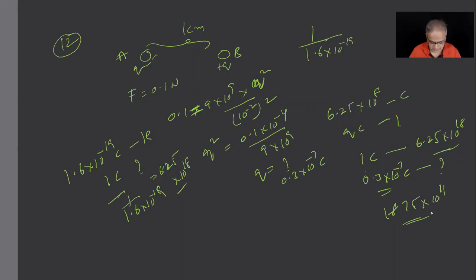Understood, sir. So how can you take one electron from A to B? Many electrons will go, right? So first you need to calculate the charge. That's what you mean by not having the concept. Bharat, do you understand? Yes, sir. So don't ever say next time that I know the concept, I cannot do the problems.